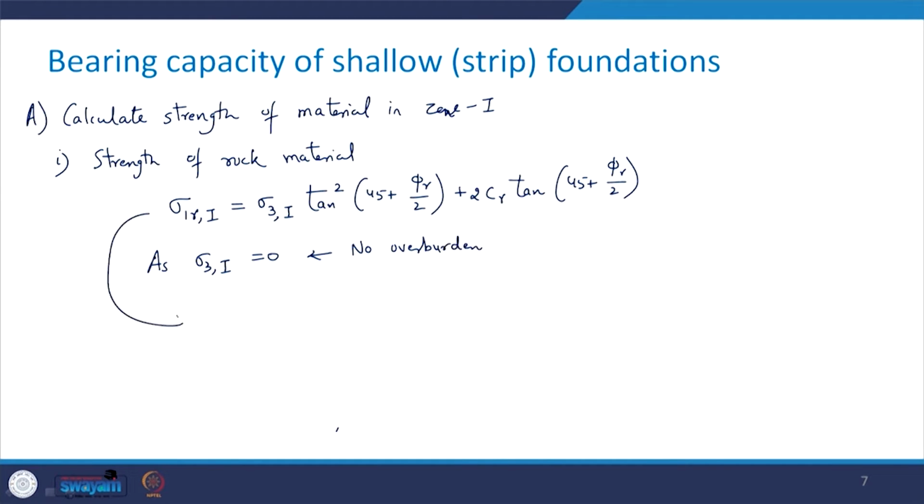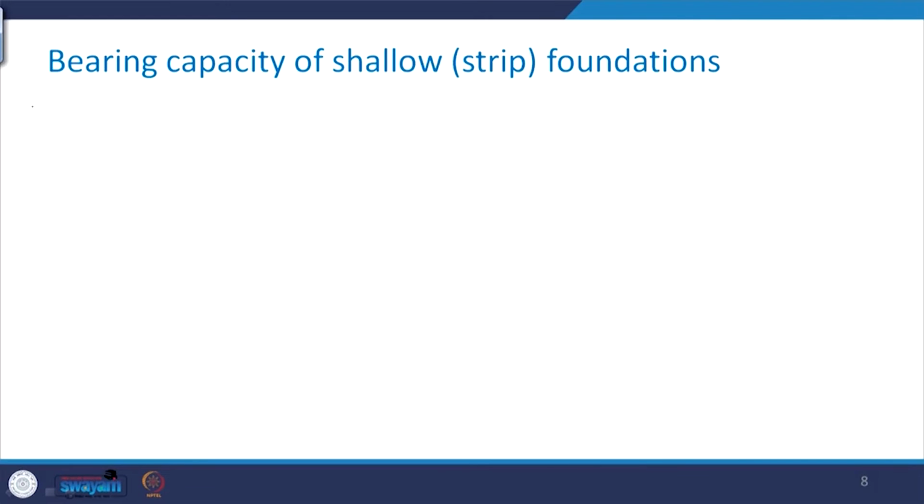So, what this equation will give us is sigma 1 r of zone 1 is going to be equal to 2 cr tan of 45 plus phi r upon 2. This equation I will make it as equation number 4. Now, this was about the strength of the rock material. Now, let us try to find out the strength along the discontinuity plane. So, I will have the second part of it, that is strength